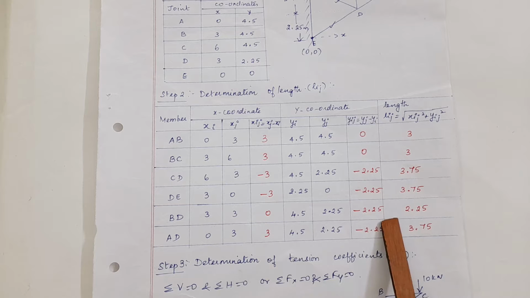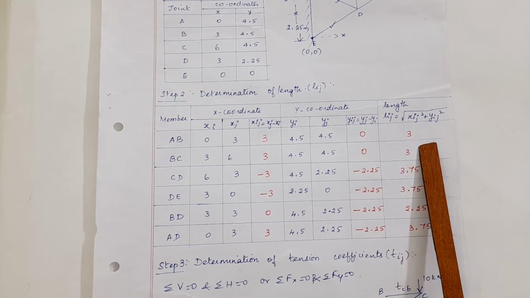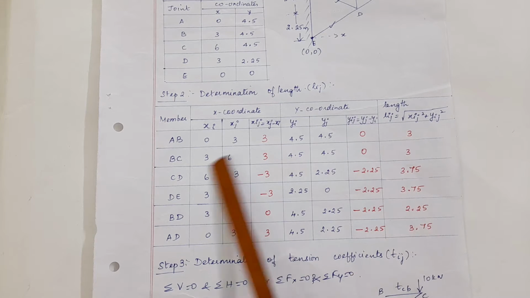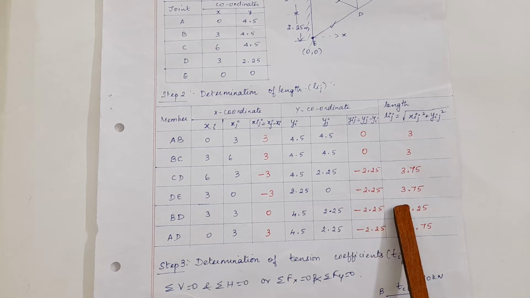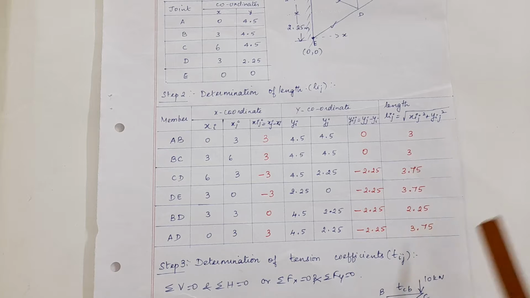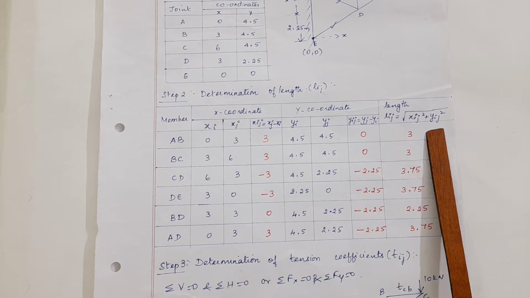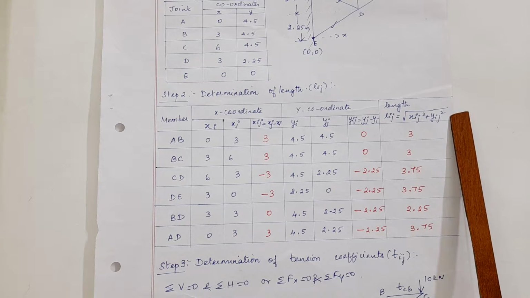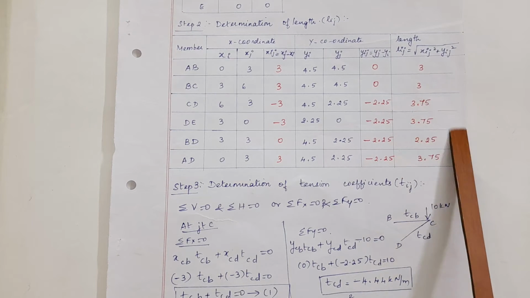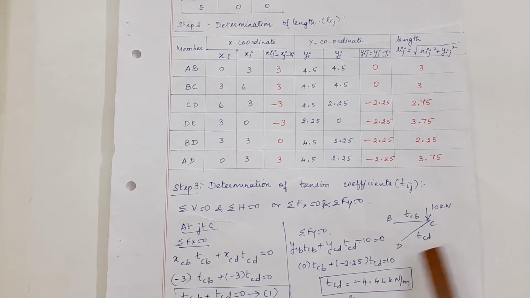So after finding xij and yij for each member, I can find the length of each member. So I have given the term Lij in general. If I need to consider for BD, it will be LBD. If I need to consider for BC, it becomes LBC. Corresponding x coordinate squared plus corresponding y coordinate squared and taking the square root. I get these answers. These are the lengths for each member in this plain truss. My second step is over now.